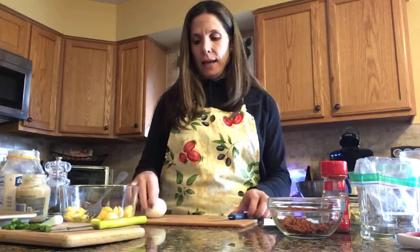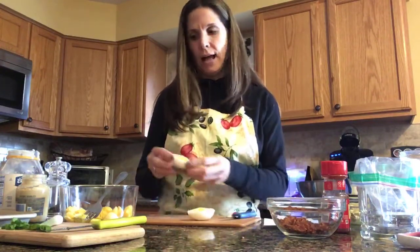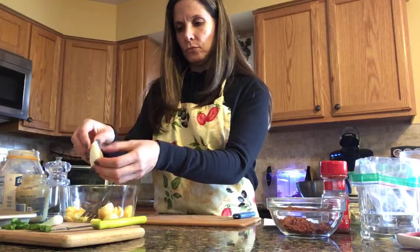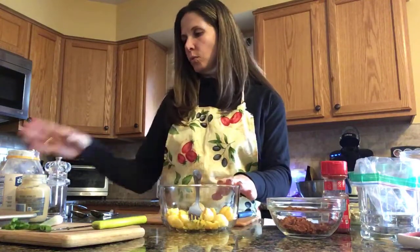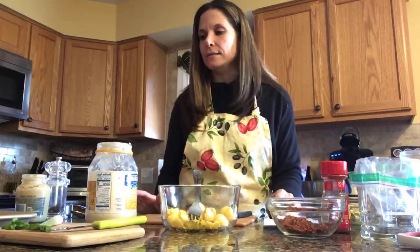So to save time, I've already peeled and halved my egg. What you're going to do is this was the nice pretty one, I just sliced it in half, dumped out the yolk, and I have them all on a tray here. So then for classic deviled eggs, we're just gonna mash the yolks with some mayonnaise. And again, it's hard to say a precise measurement. The eggs that I have, 8 eggs here,